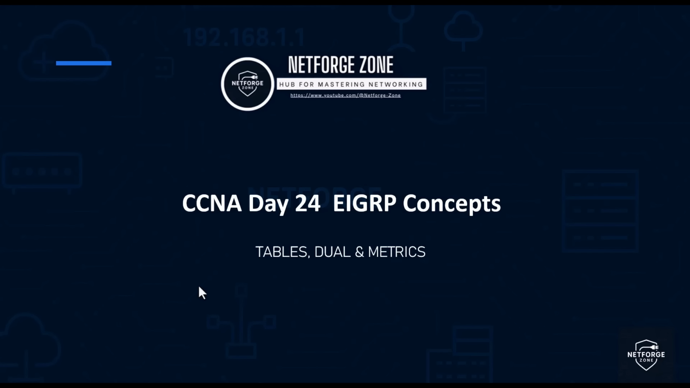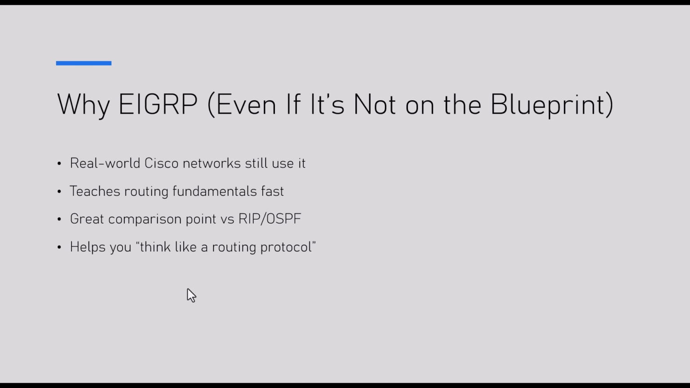and that would be really nice if you know this, because in real world networks, EIGRP is one of the very widely used protocols. Maybe in service providers this is not going to be used, but in data centers EIGRP is a very valid solution. So let's see where we use this knowledge. Even if this is not part of the blueprint, you need to know because real world Cisco networks still use it. And also when you understand this, you're going to understand a lot of fundamentals really fast, specifically because